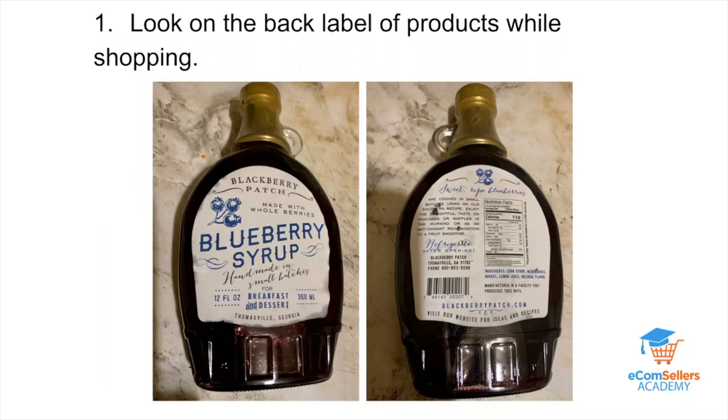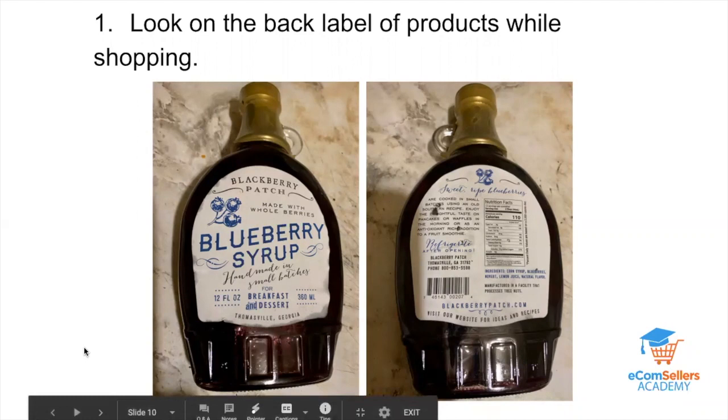Of course, I used my phone, scanned it, and saw that it was actually selling on Amazon and selling pretty good. So, of course, I grabbed what I could then, but it sold so fast, I decided, you know what, let me just look up the company. So I went to blackberrypatch.com, looked at the website, and started from there. Contacted them, set up my account, and I've been selling it ever since.